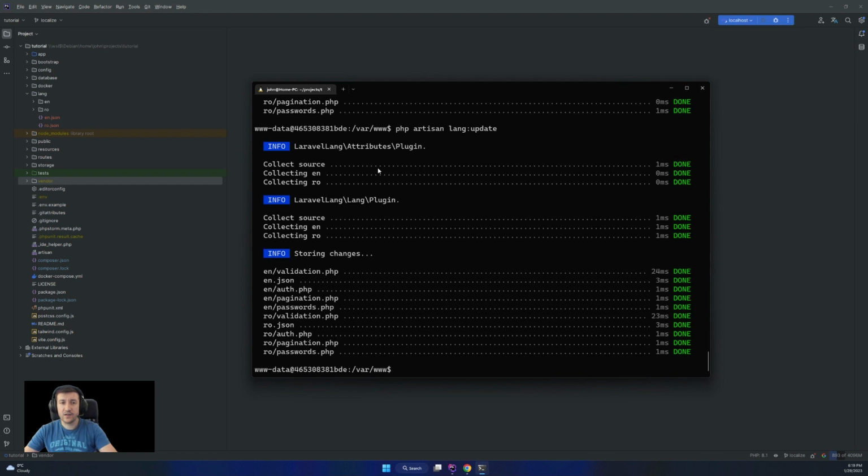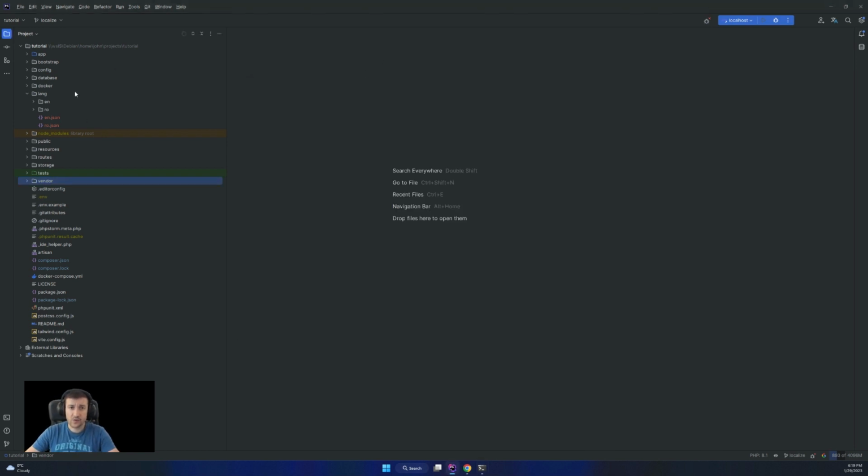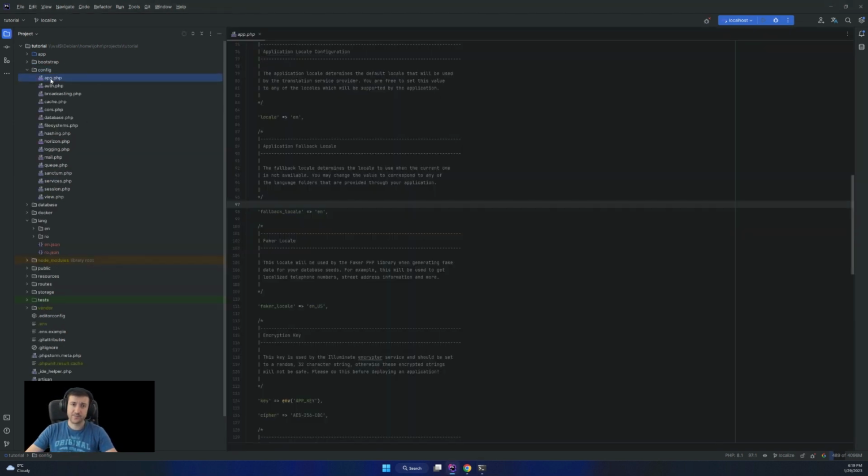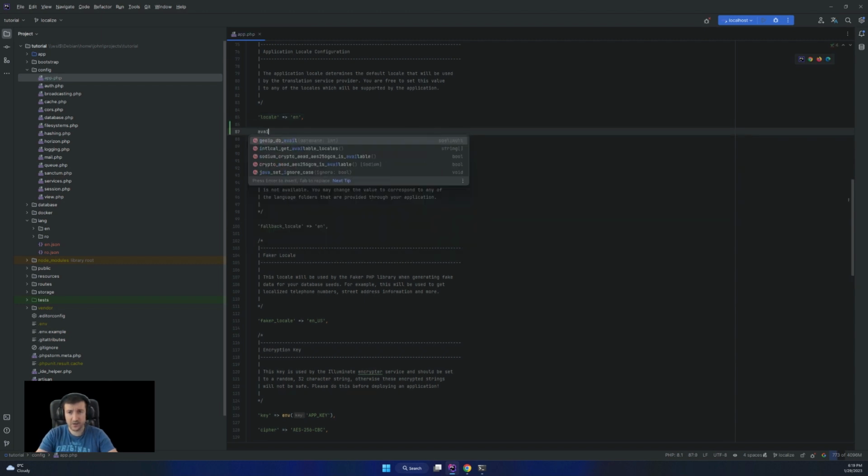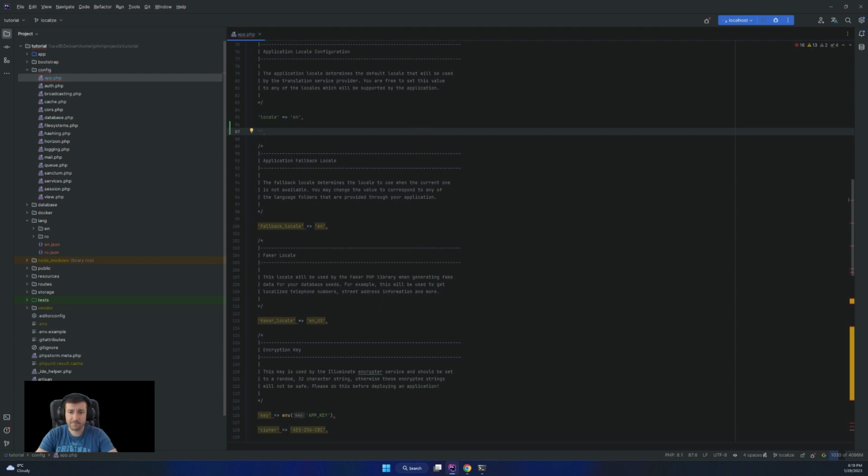So in order to continue, I'm gonna go to the config, and in the app, we have the locale, the default locale, and I'm gonna set a list of available locales, like a new variable in here in the config app.